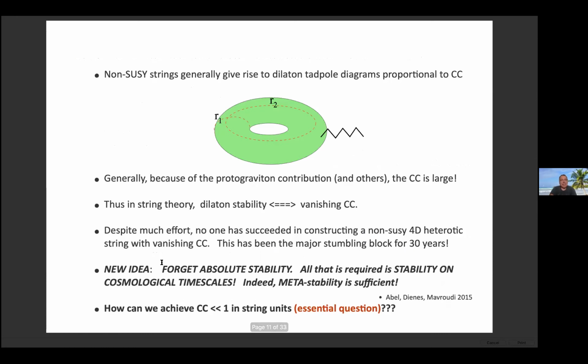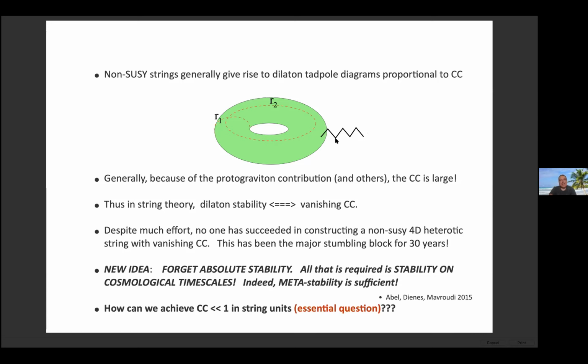Okay, so that's the Proto-Graviton theorem. And so, kind of inspired by that, in 2015 we decided to try and look for something which would make it possible to construct, nevertheless, a non-supersymmetric phenomenology and have control over it. And essentially, the problem boils down to the fact that your lambda, this object here, is non-zero, which means that there's an instability in the theory, because I can attach a dilaton to it, and the dilaton's